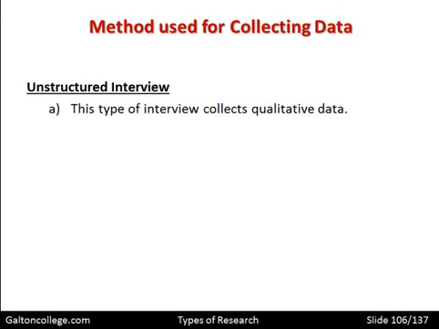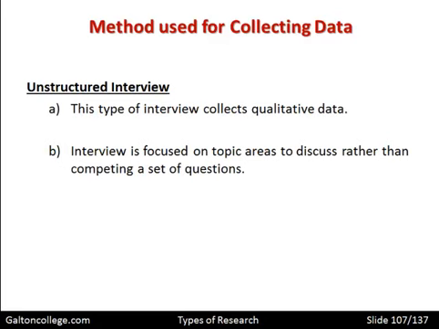The questions are open-ended, and it's a very loosely organized, if that's not a contradiction in terms, procedure. There are some guidelines for the interviewer, some areas that should be mentioned, which will help the respondent to perhaps